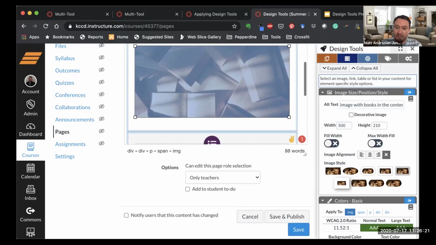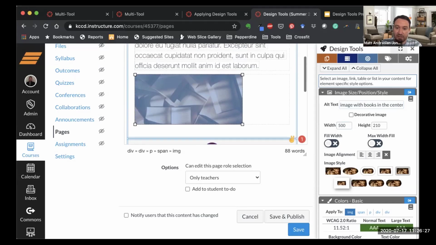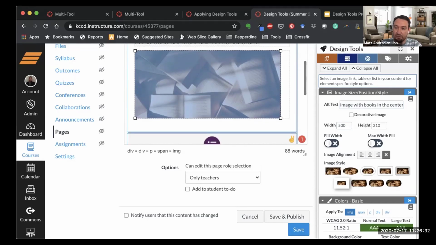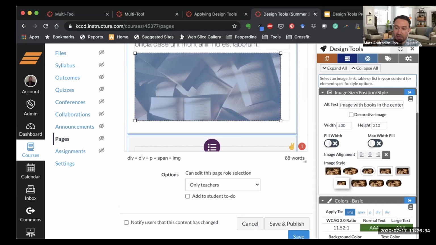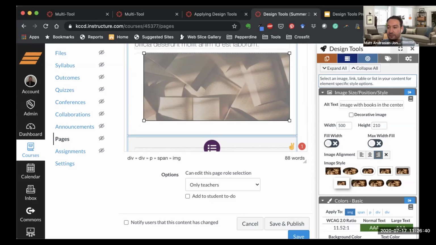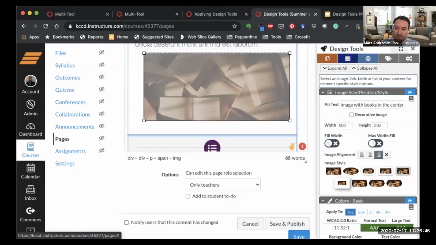I could also come onto the image and have it selected, and you see I get these little anchor boxes in the corners. I could actually drag and drop it. So I could reduce the size, or I could increase the size of it right there by dragging those little handles. I can also change the justification of it. I can go far left, I can go centered, I could go far right. And for this, I'm going to go far right, right? And then of course I can apply a style to the image. I could change the shape of it. So let's